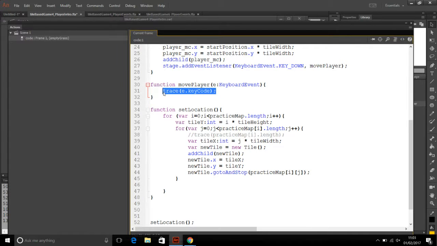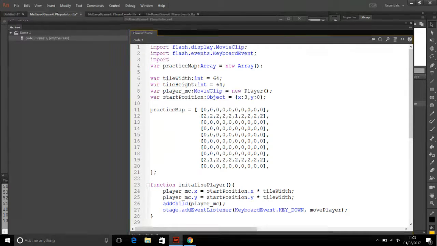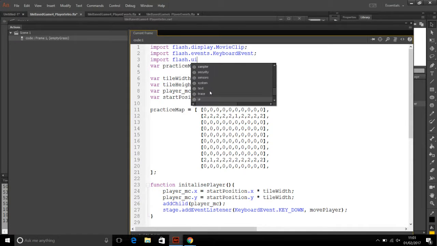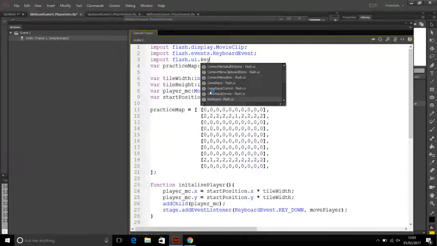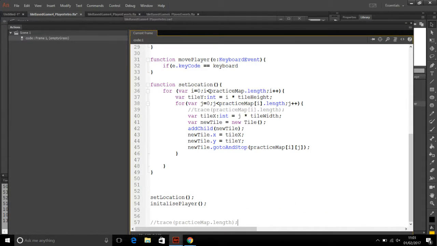dot. Now, the reason keyboard doesn't work yet is because I need to import the keyboard. That lives in flash.ui, user interface, .Keyboard. This will then give me code hinting for that. Now that I press dot, there we go. Capital K, by the way. There are some meaningful key names that you can use for the most common ones. So let's just put in Keyboard.LEFT. And these names are all capitals,